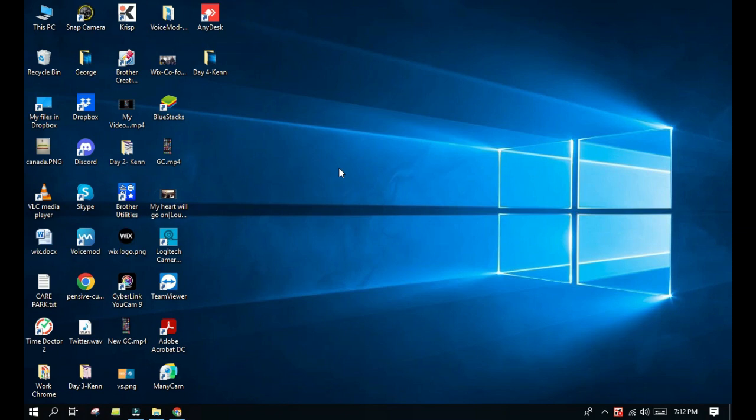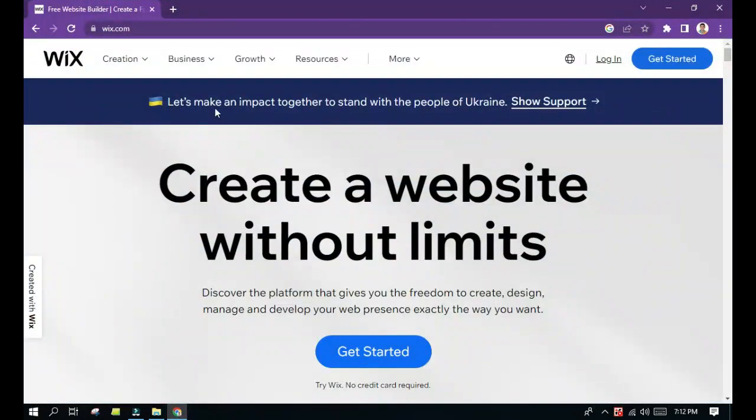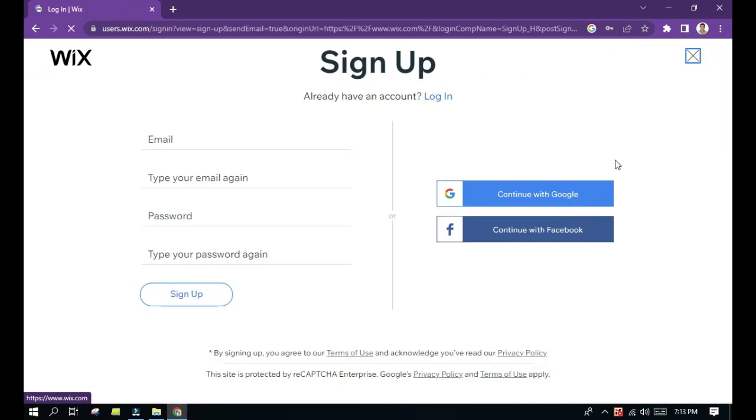Okay, so using your Google Chrome app, just click www.wix.com. Okay, and it will bring you to this page. So you will be asked to create an account. Okay, just click on Get Started, and then it will bring you to the page where you can choose an